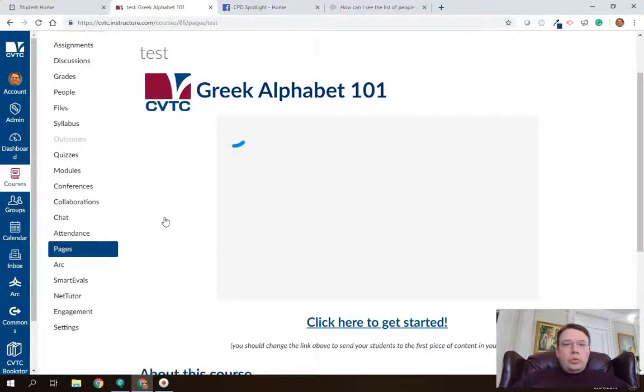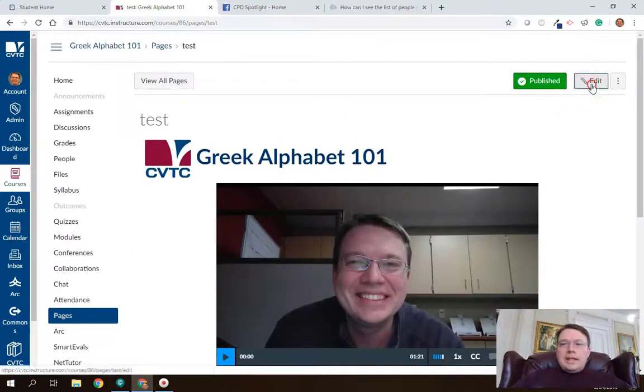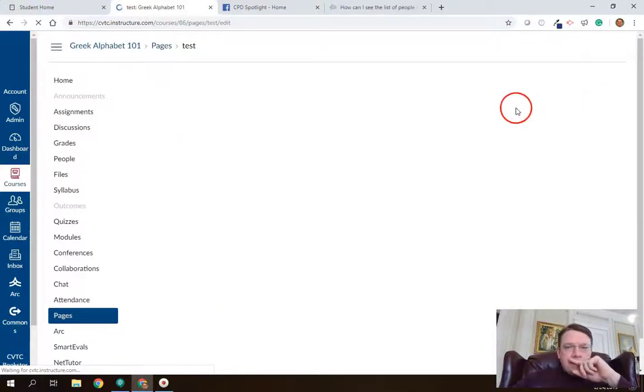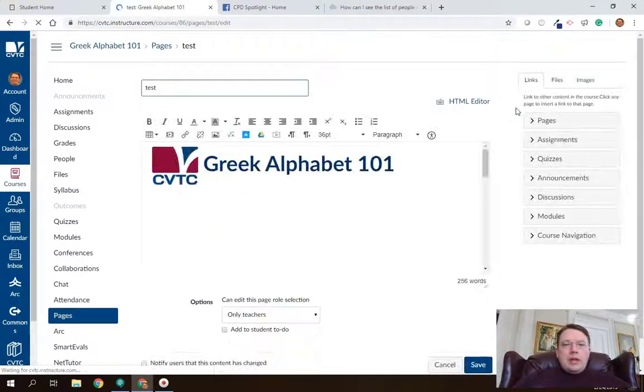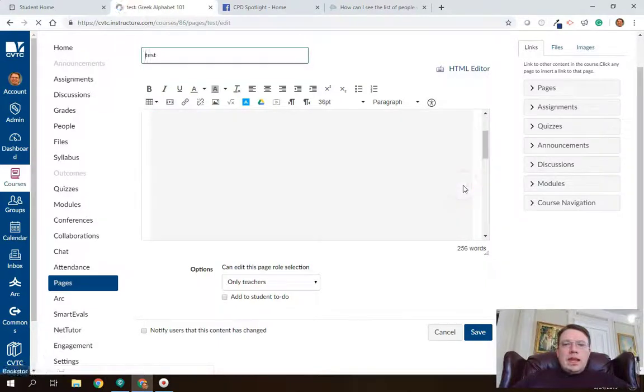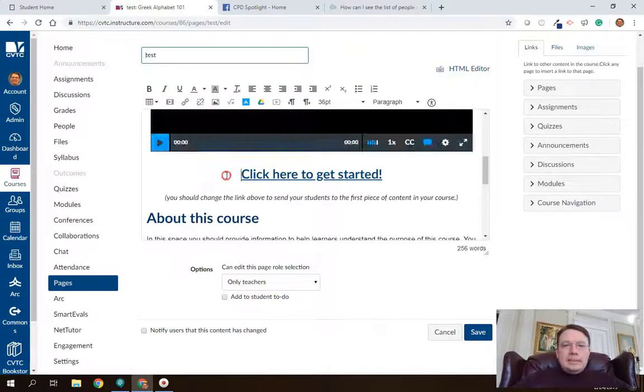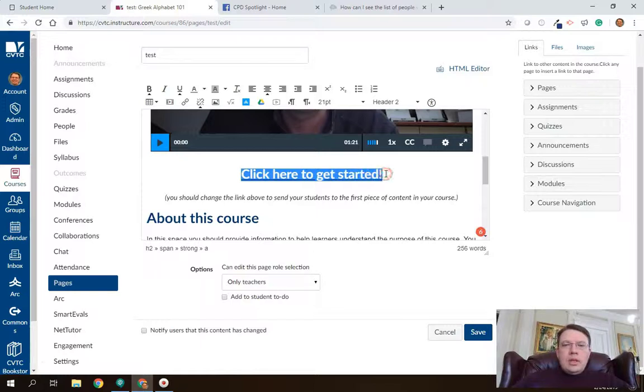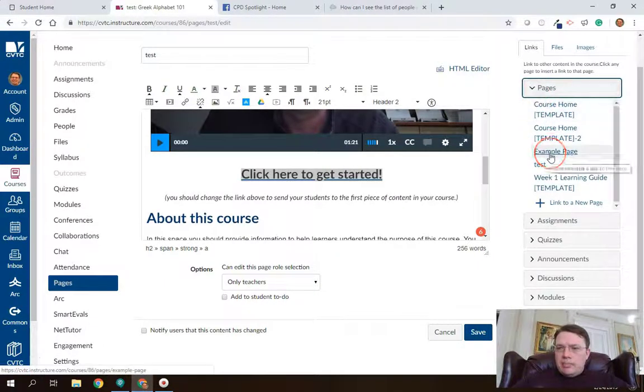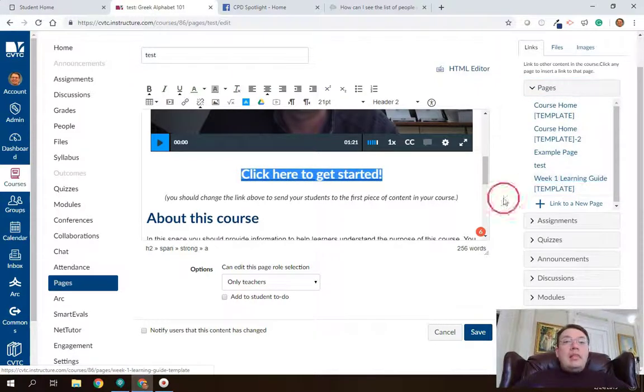And how would I fix it? Here's what I would do. I'll click on edit to edit my page here. And if I want this link to connect up to something in this course, what I'll do is I'll highlight it. And then to fix the link, if I go over here to the right-hand side, I'll go to pages, week 1 learning guide. That's where I want it to go. I want them to start at week 1, go to the week 1 learning guide. So I'll click on that. And now that link is updated. I save that,